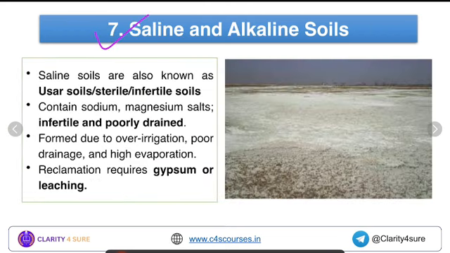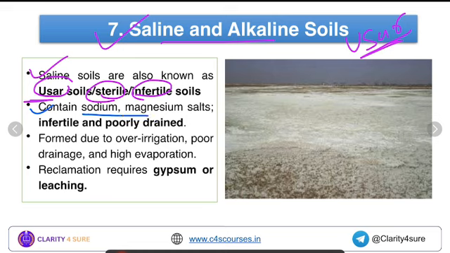The second last one is the saline and alkaline soil. These saline and alkaline soils are also called usar, sterile soil or infertile soil. This is really important, that it is called usar soil. It could be asked in your MCQs. Okay. So yes, they contain sodium and magnesium salts, and what happens? These sodium and magnesium soluble salts